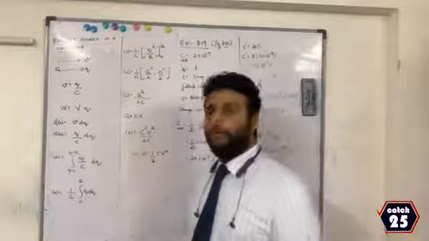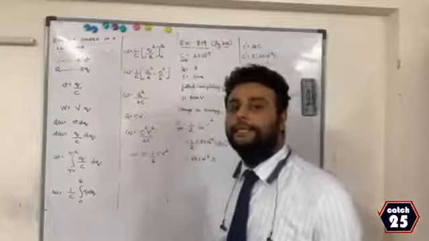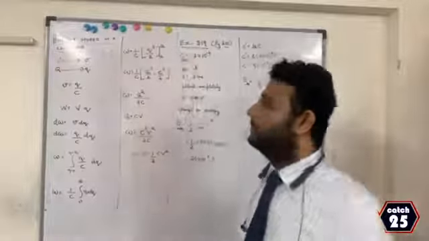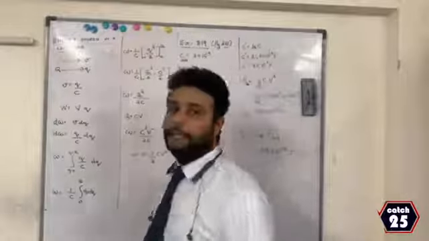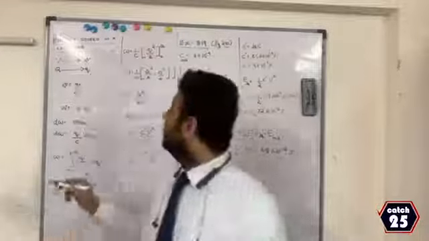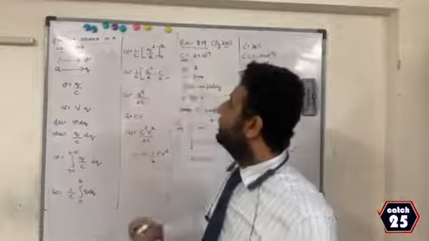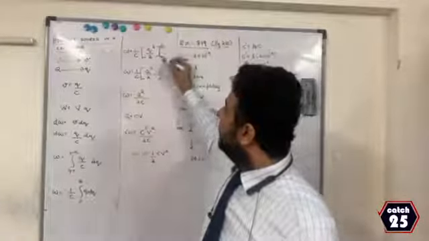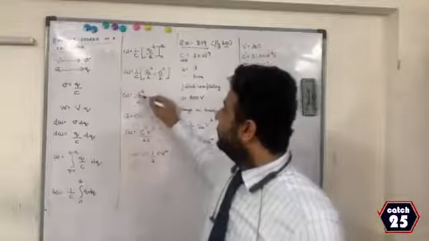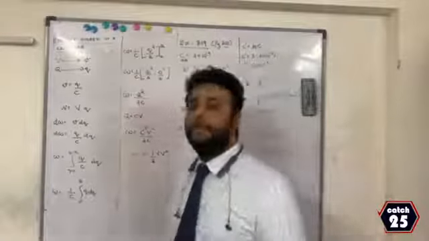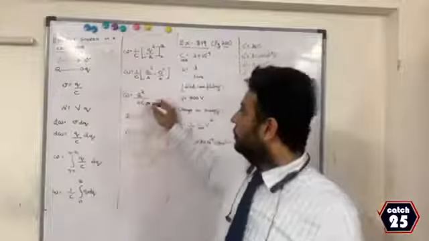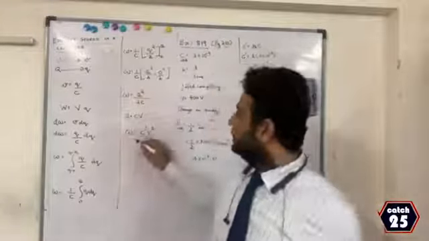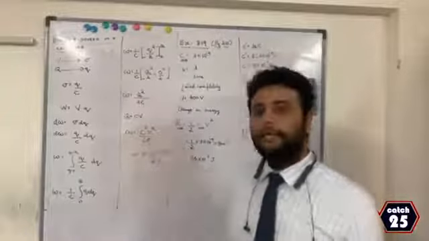Now, the integration of Q dQ is the same as the integration of x dx, which is x square by 2. Here it is Q square by 2 between the limits 0 to Q. Therefore, work done is 1 by C times Q square by 2 between 0 and Q. With 1 by C constant, upper limit minus lower limit gives W equals Q square by 2C. But I know Q is equal to CV. Therefore, work done is equal to C square V square by 2C.